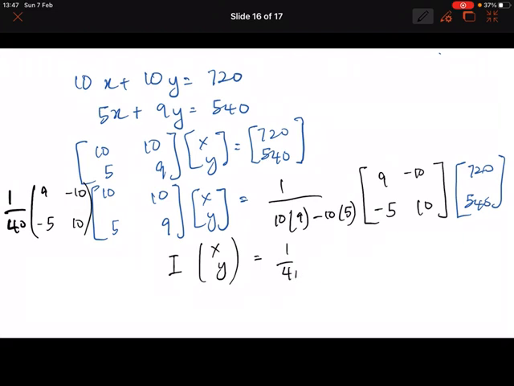Again 1 over 40, you multiply, and you get this one. So the x, y